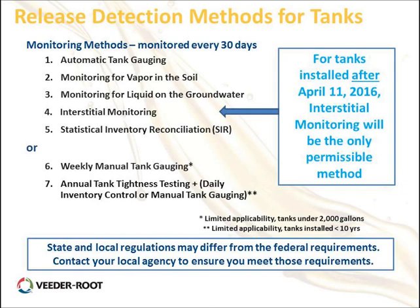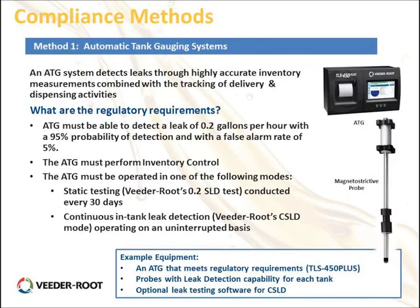So again, for the tanks installed after April 2016, interstitial monitoring will be the only permissible method. So let's talk about the first method of compliance, using an automatic tank gauge. Basically, an ATG system can detect leaks through a highly accurate inventory measurement by tracking delivery information and dispensing